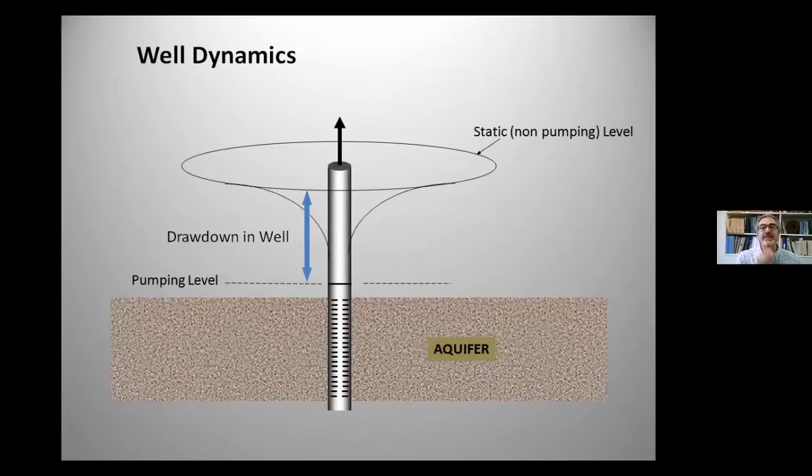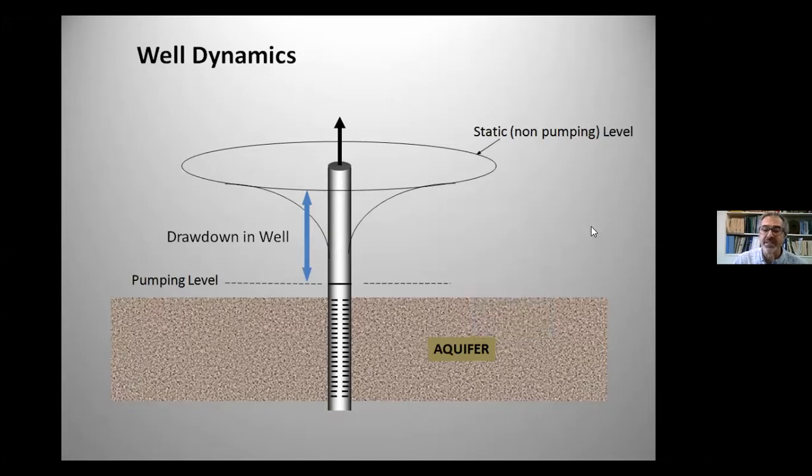So we talk about some of the basics of well dynamics, and this should be fairly easy to grasp in concept here. We have a non-pumping condition. You have what's known as a static or non-pumping water level. You turn that well on, and what you're reading in that well with your measuring tape, your wetted tape, or a transducer, is the distance from the static level to the total drawdown. That drawdown we